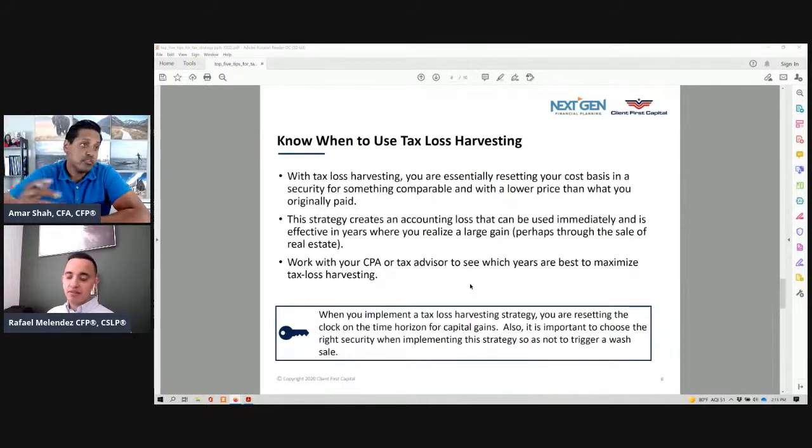Yeah, absolutely. And one other thing that we should add to this is that you should be looking at this throughout the year, not just in November, December, right before the year end, right? A lot of us focus on it in those time periods just because that's where we know what all the other variables are, right? But if you have a